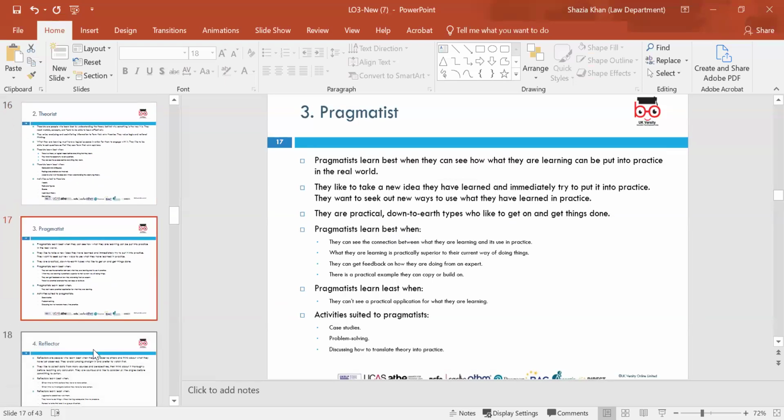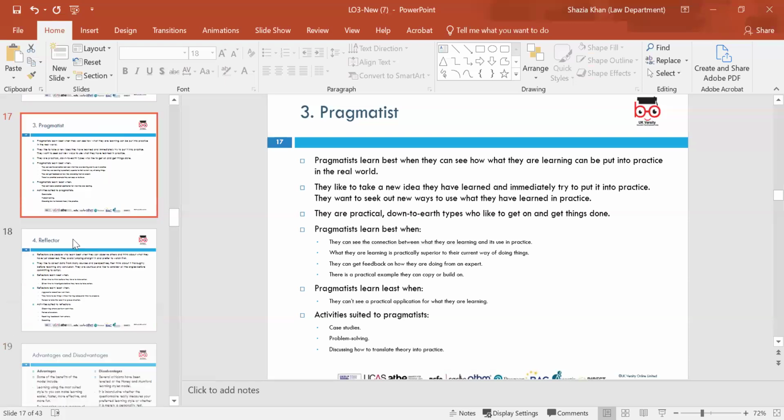And then we've got the pragmatist. These are practical learners. They focus on applying new knowledge to real life situations. And like theorists, they take a logical approach, but they are much more keen to put things into practice. Pragmatists are attracted to problem-solving tasks, mastering skills methodically, and seeking out structured knowledge that is clear and tangible.